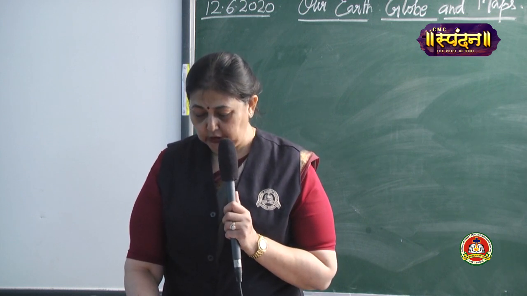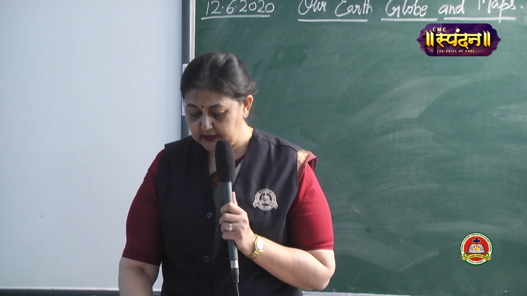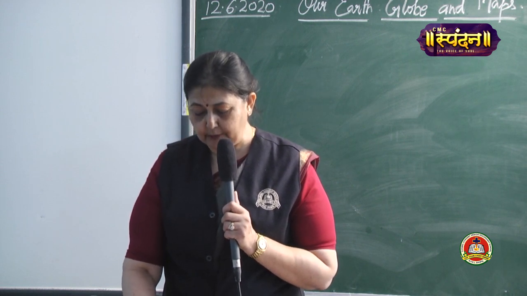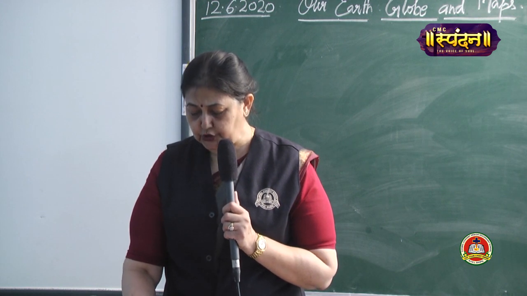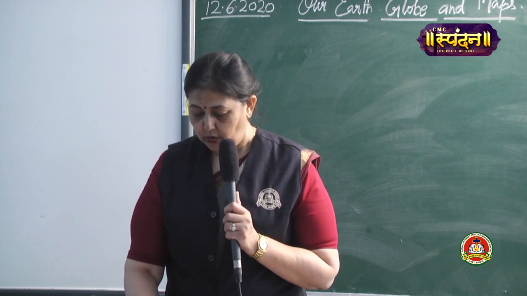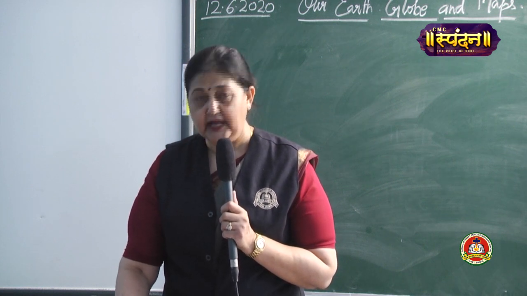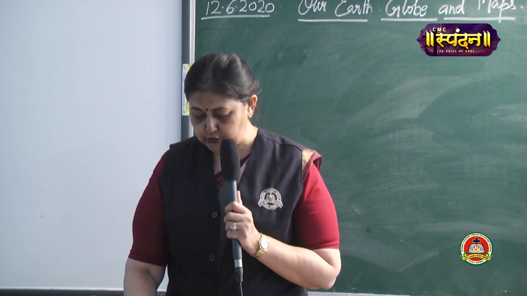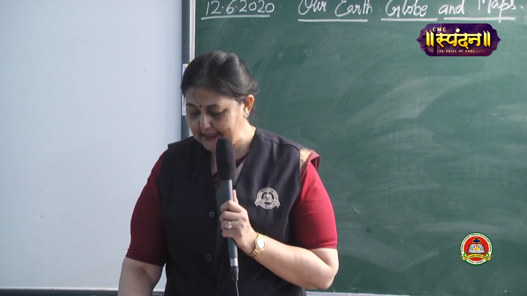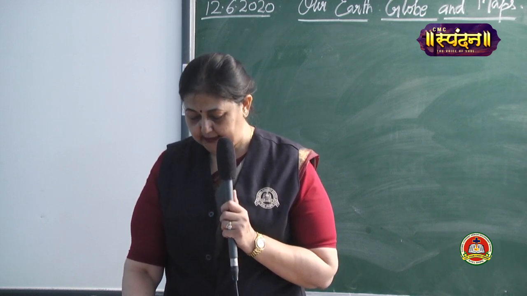The globe. The globe is a small model of the Earth. It is a sphere on which a map of the Earth is shown. It shows the true shape of the Earth. We can see two important features of the Earth: land and water. We can see the position and shape of the land and water. It also tells us how close or far they are from each other.